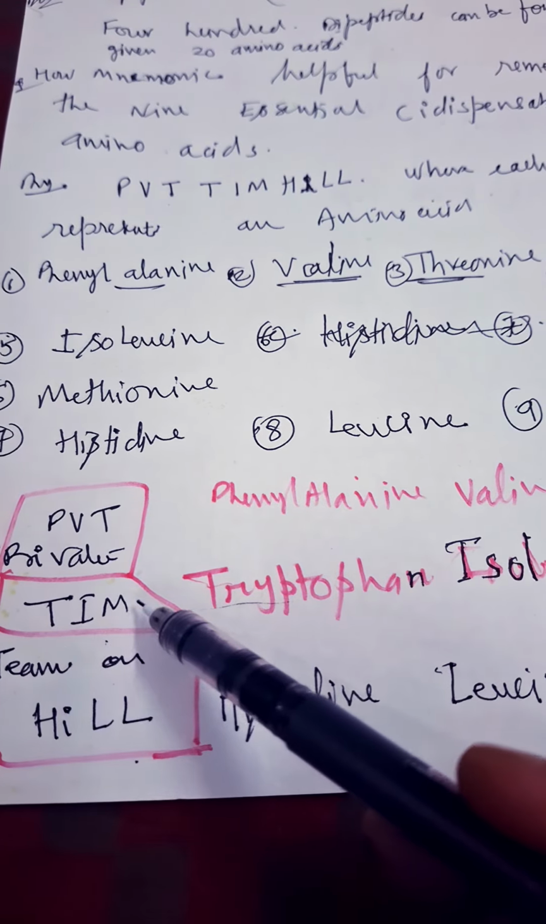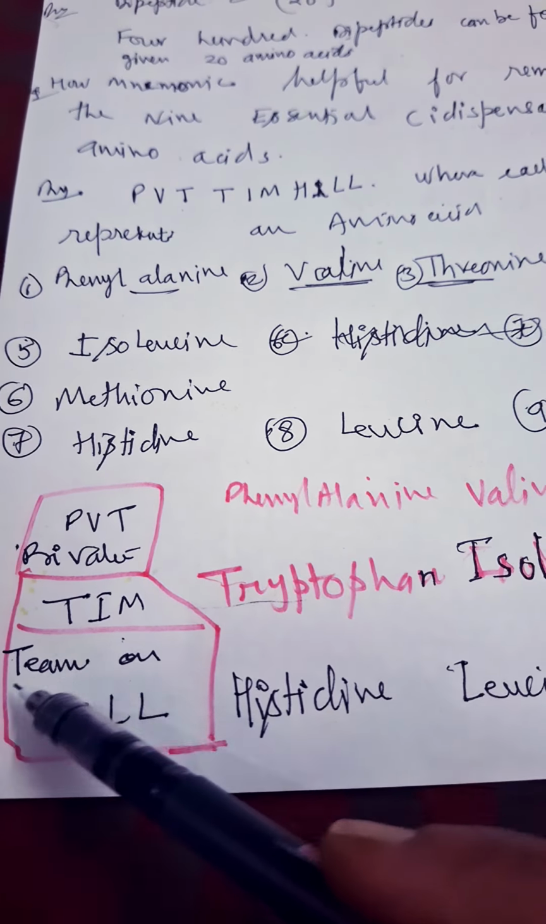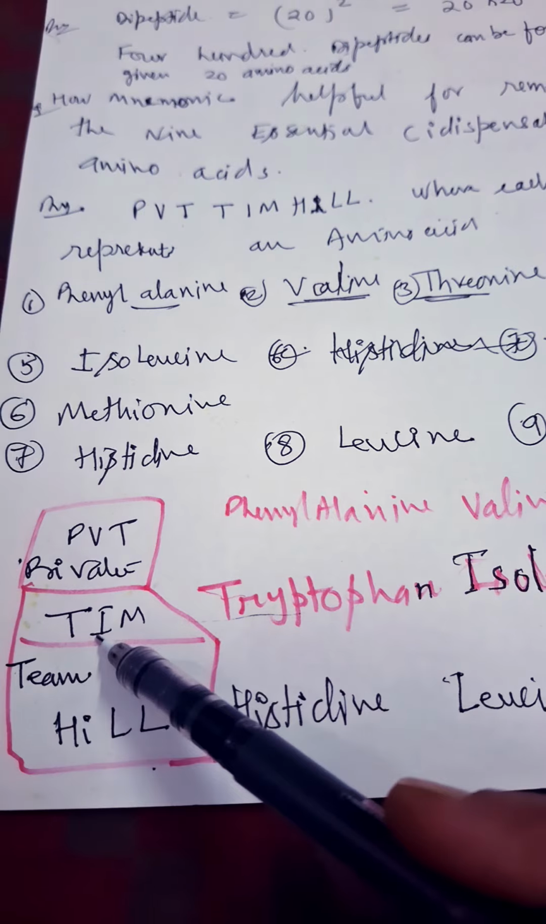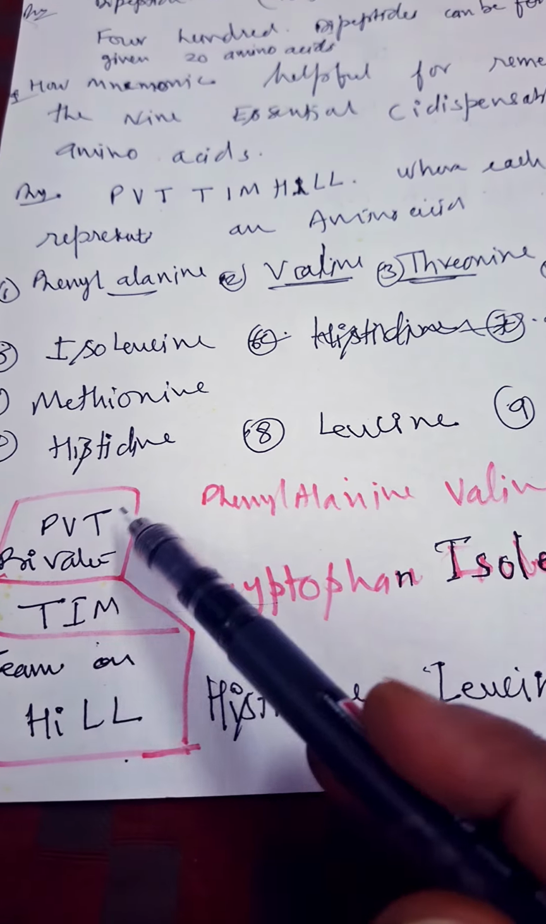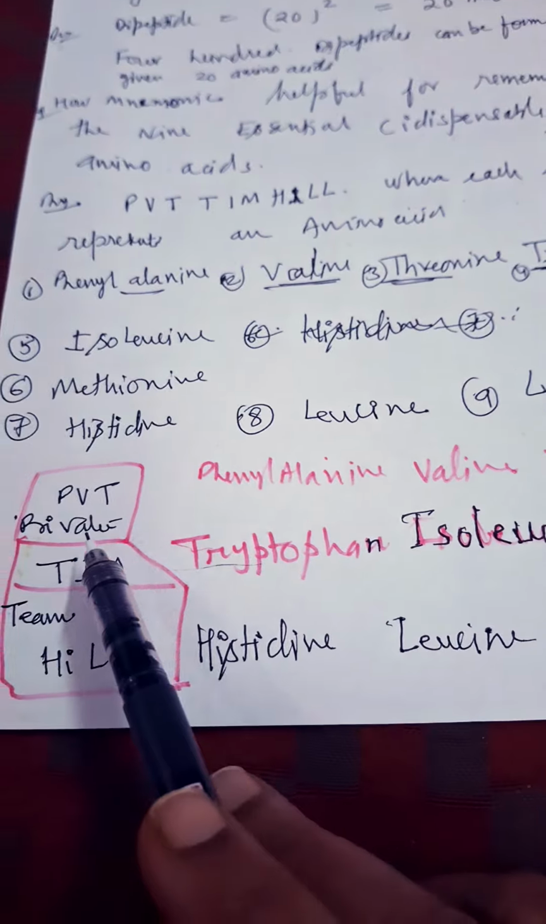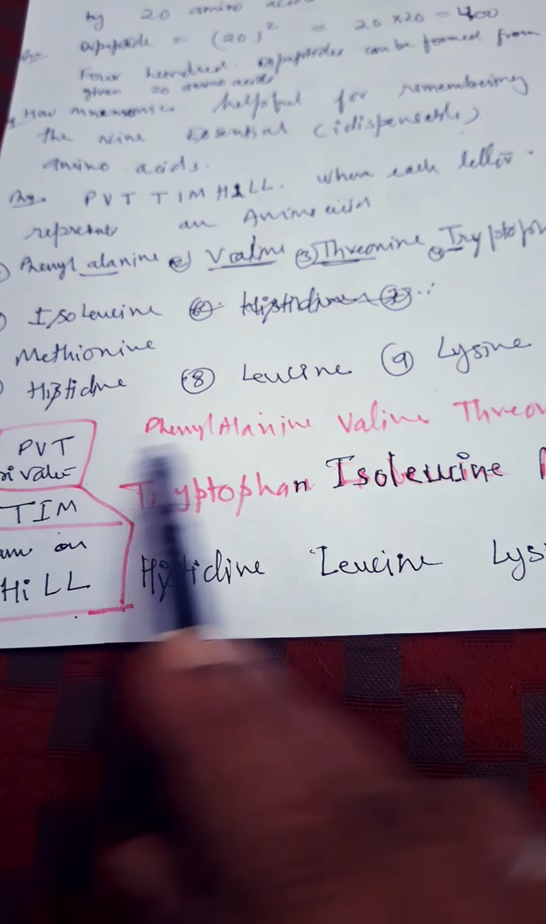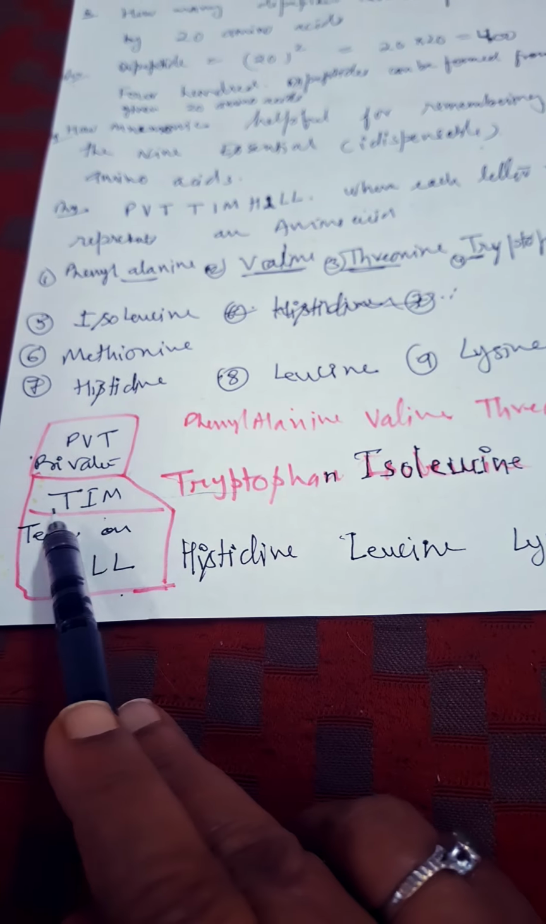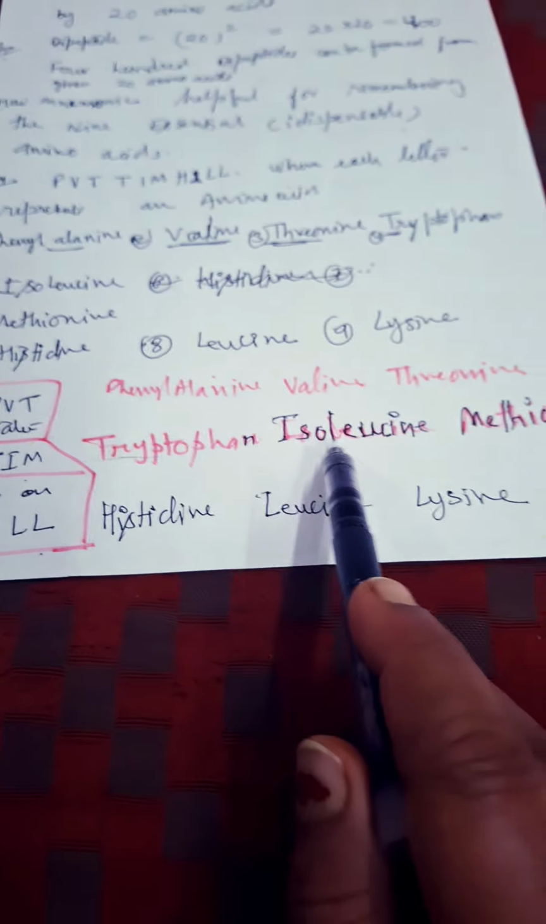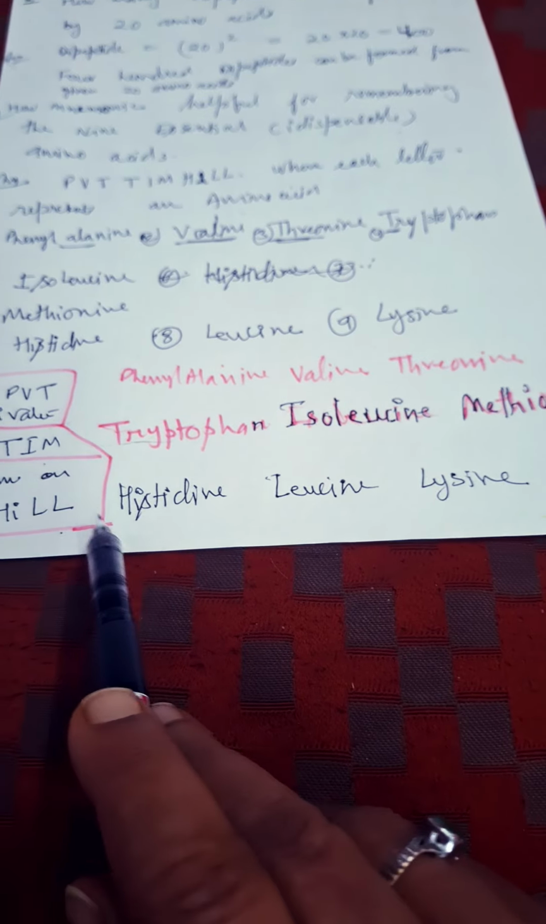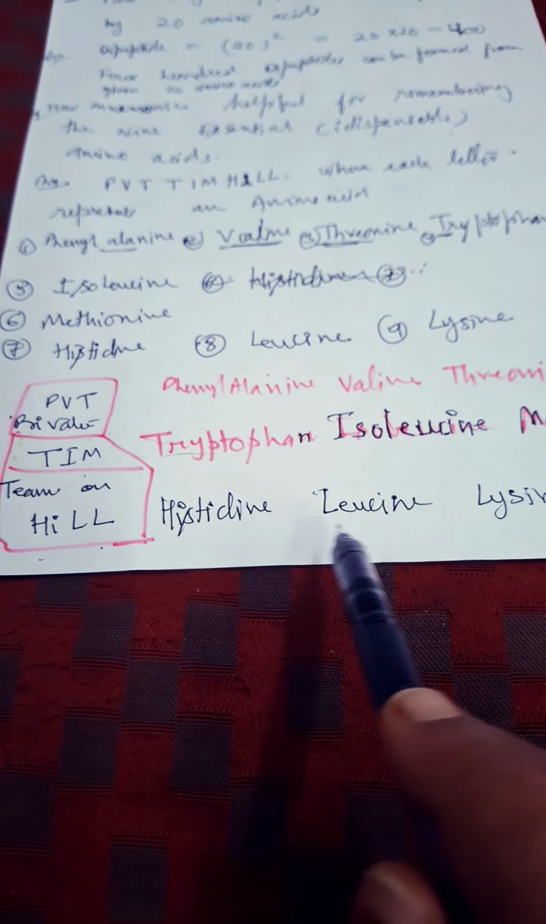So this is TIM. I have written wrong, TEAM, that is wrong, but to remember it, that is private team on hill. So see, phenylalanine, valine, and this is threonine. Then in this team, tryptophan, isoleucine and methionine, and here again histidine, leucine